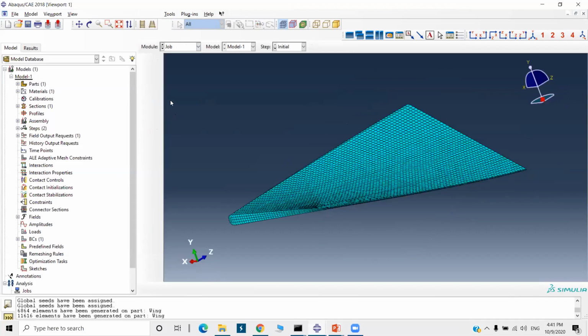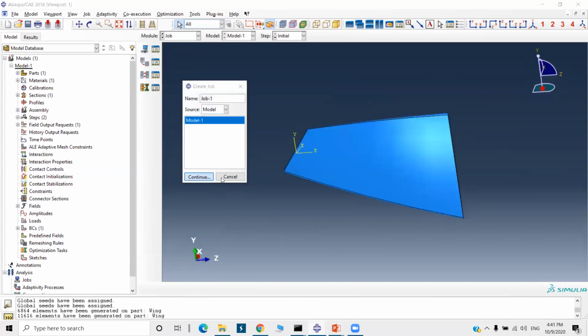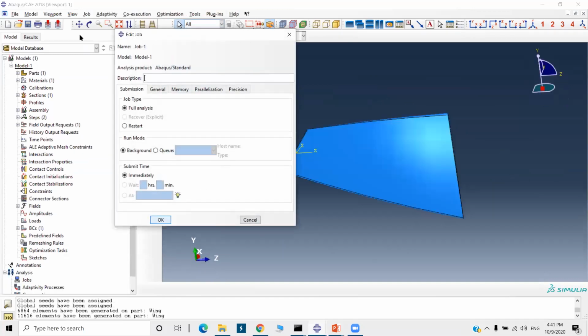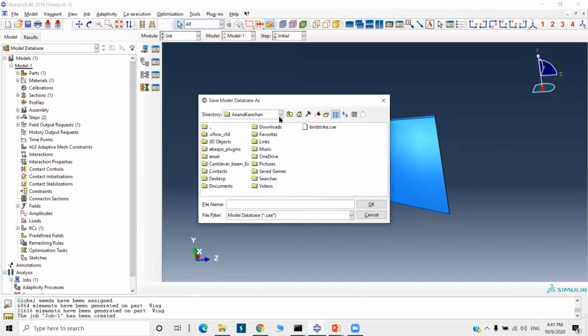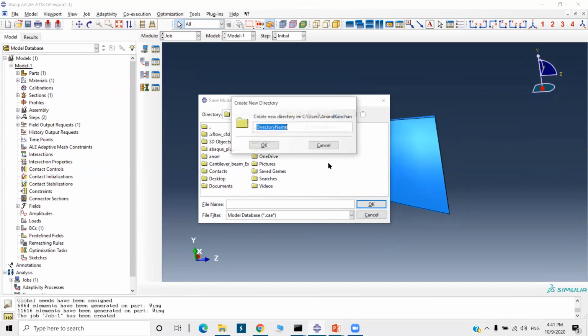Then last is job, create job. Okay, job 1. I'm going to save it now. I will create a folder here only, frequency analysis.